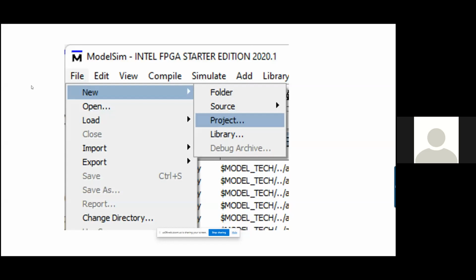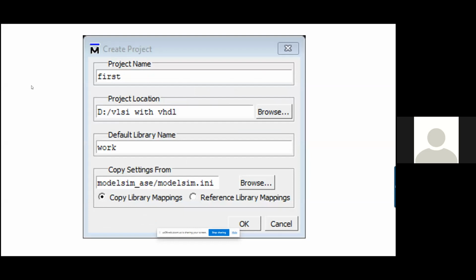Once you click on Project, this screen comes, and for the project name, first we make a name, then the project location you can define. Remember, the project location is outside the ModelSim installation directory. It needs administrative power, which is not available right now. So you may make a project file outside the ModelSim folder.